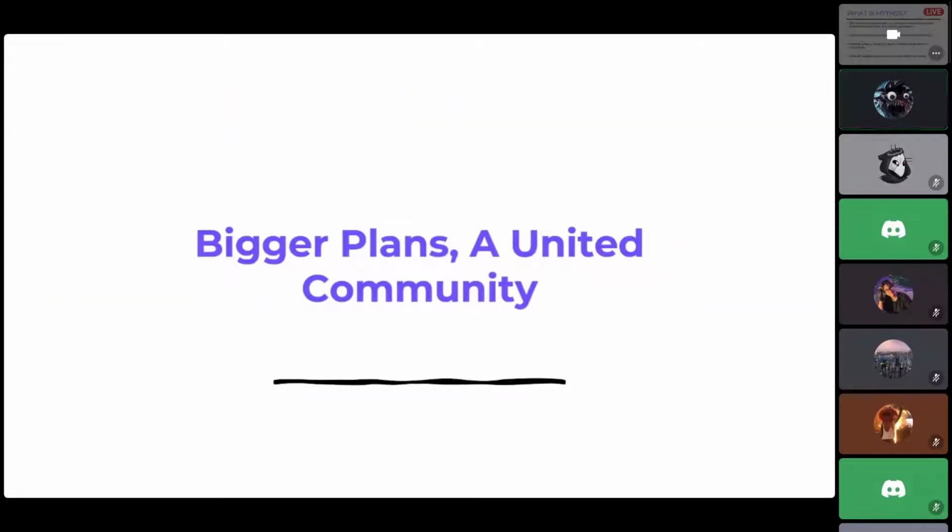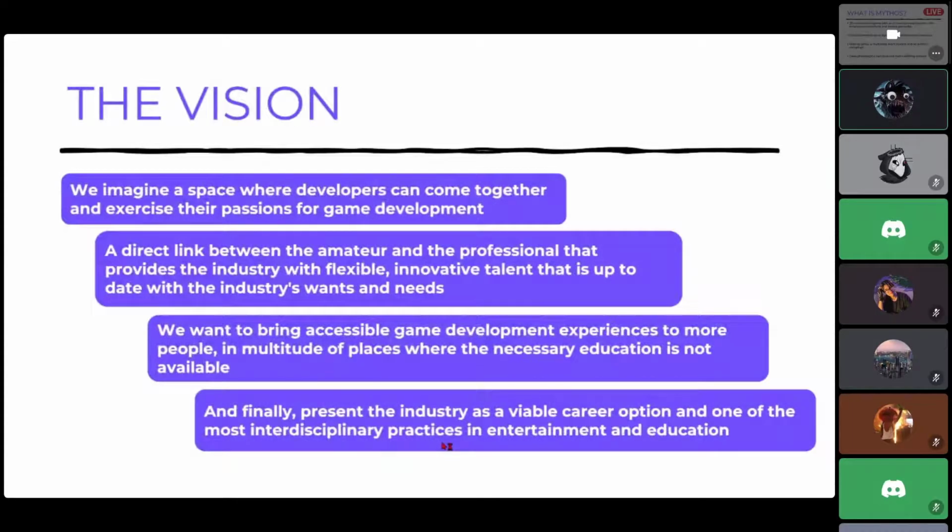And so aside from the game, we've cultivated this idea for a few months now, trying to create a more unified game development community in Vancouver. So we started a startup. For Quiver Games, we want to create a physical space where developers can come together and exercise their passions with all the industry's tools and perks at their fingertips.